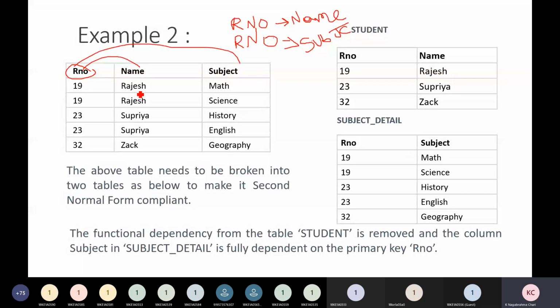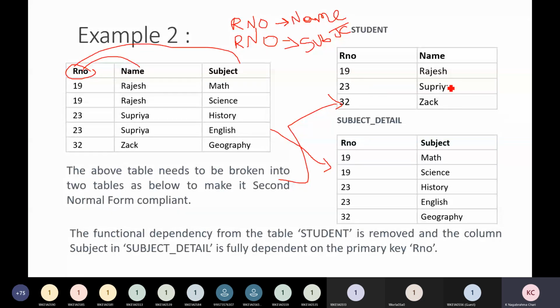One is student, another one is subject. So here everywhere the roll number is common. Here you can see after converting this into the first table, and again we are converting into the subject table. So now we are breaking this table into two tables: one is the student details, another one is the subject details. So here in student details only Rajesh, so the names are repeated. So here we are avoiding some repeated data, that is reducing some redundancy. Okay, you can see some redundancy, not exact, complete.